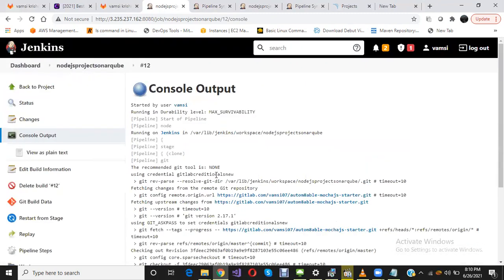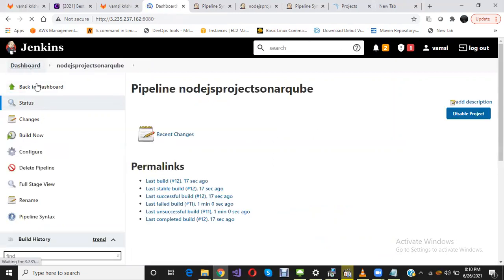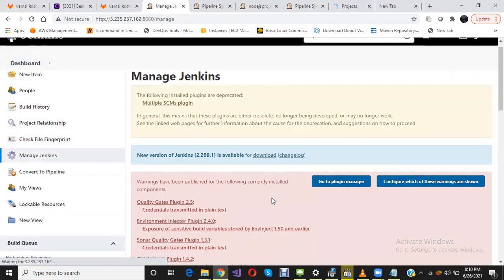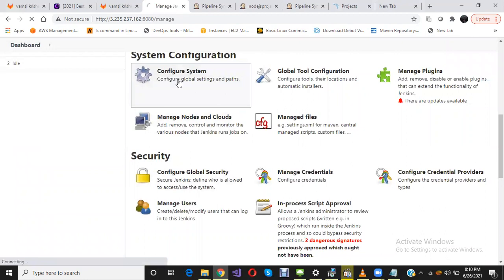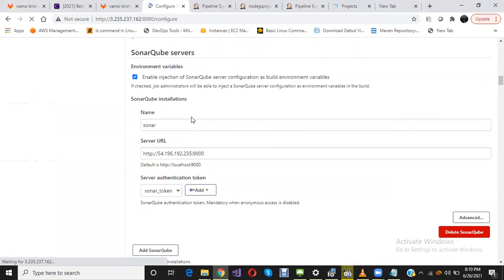Now the next step is I need to integrate Jenkins and SonarQube. Okay, how can we do that? Go to the dashboard, go to Manage Jenkins and Configure System, and here you can specify it.